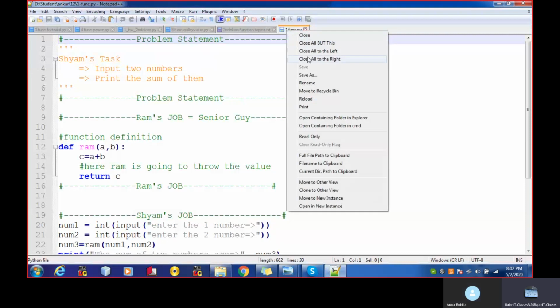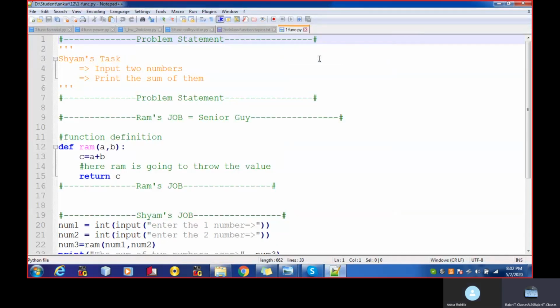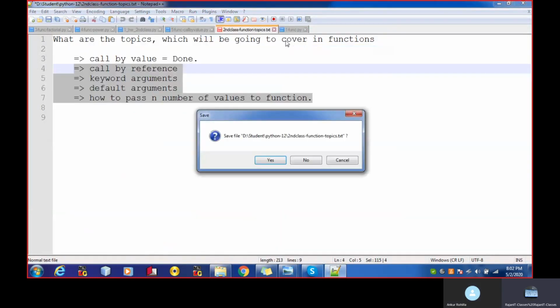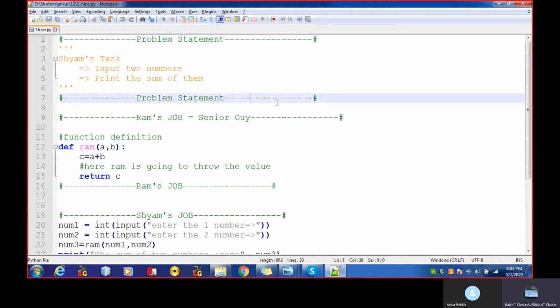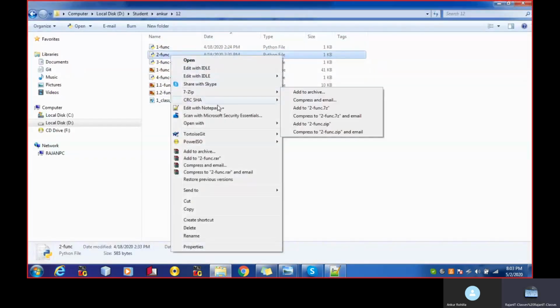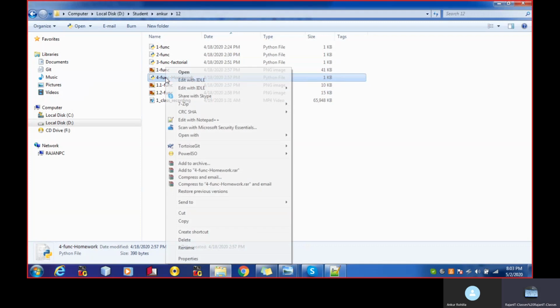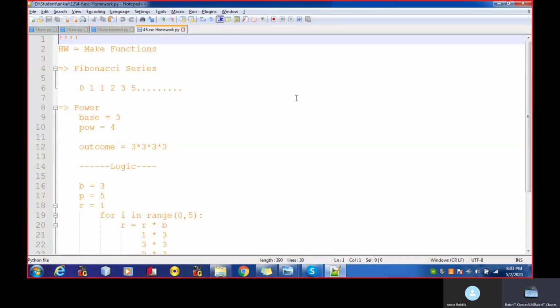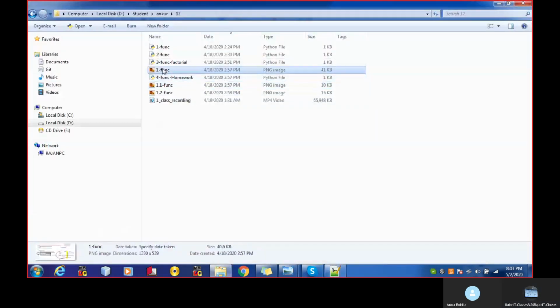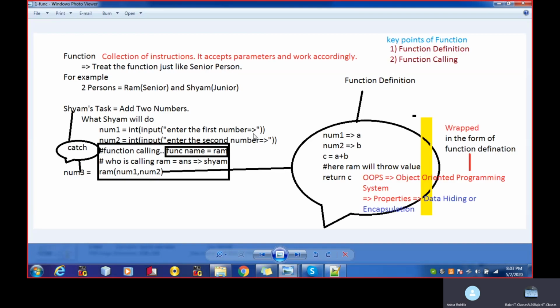Let me close all the parts. Alright. Then the table. There are some screenshots.